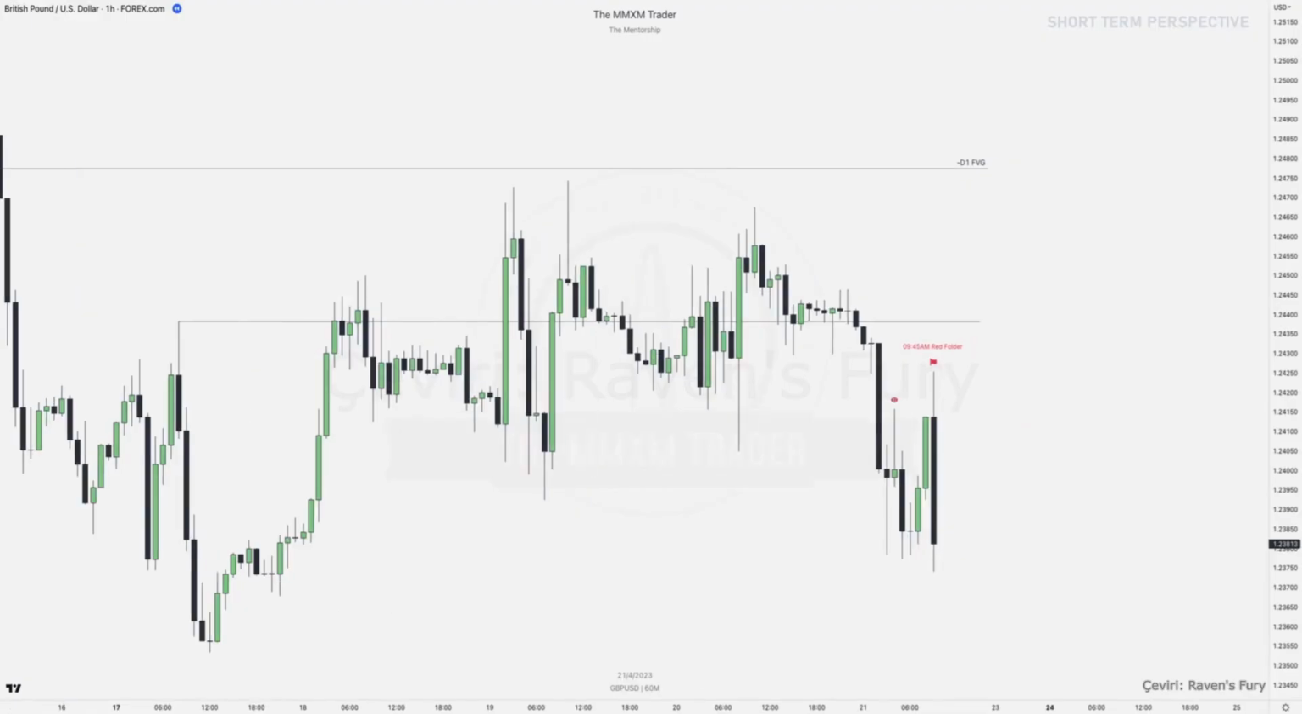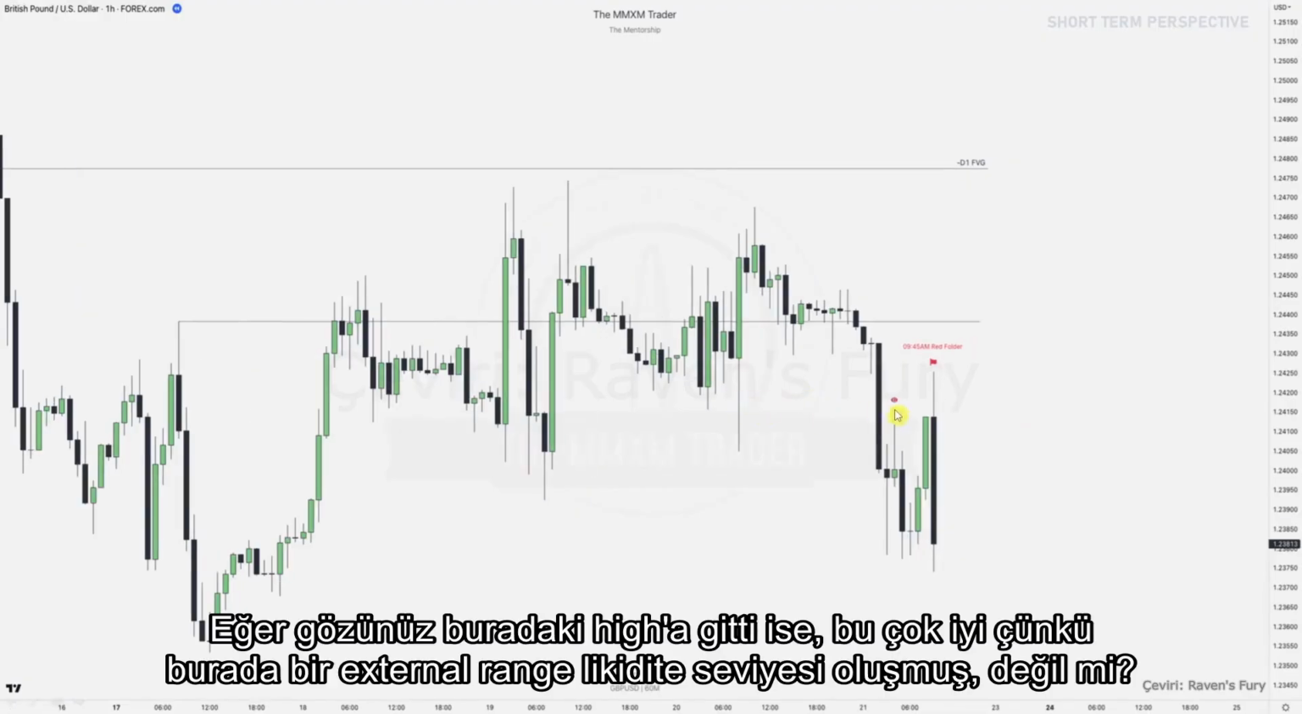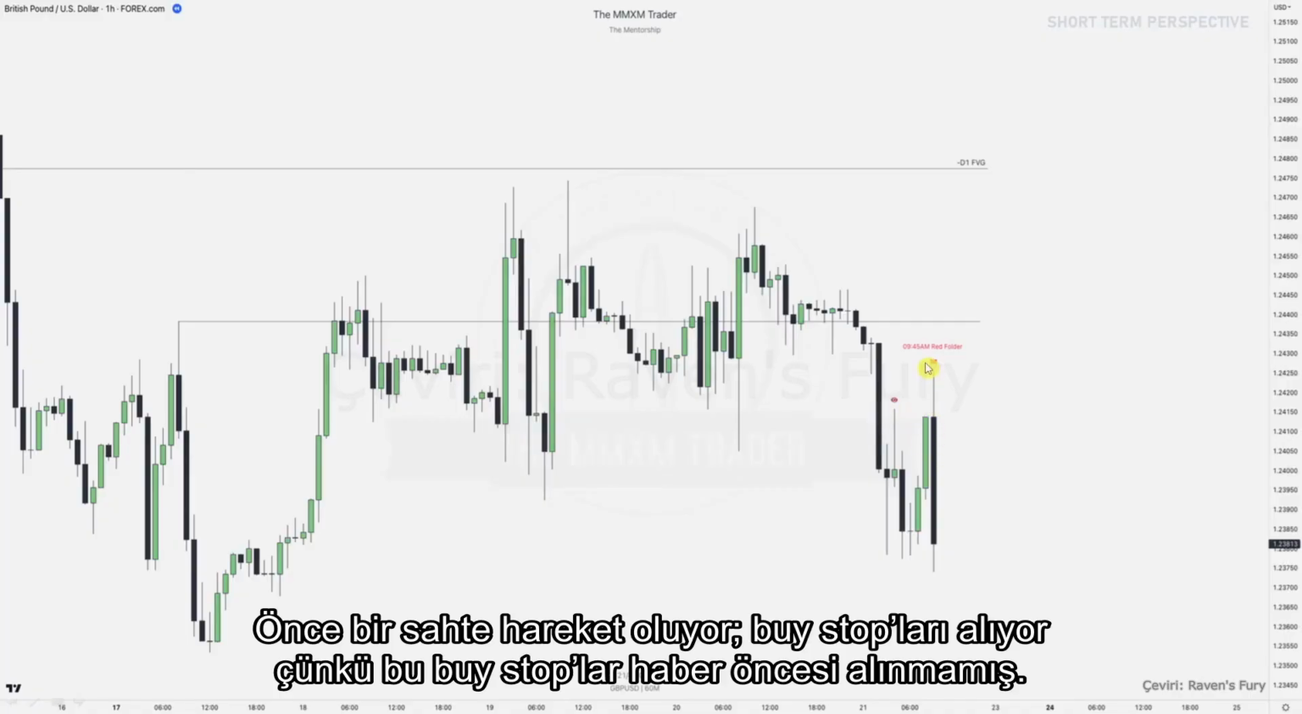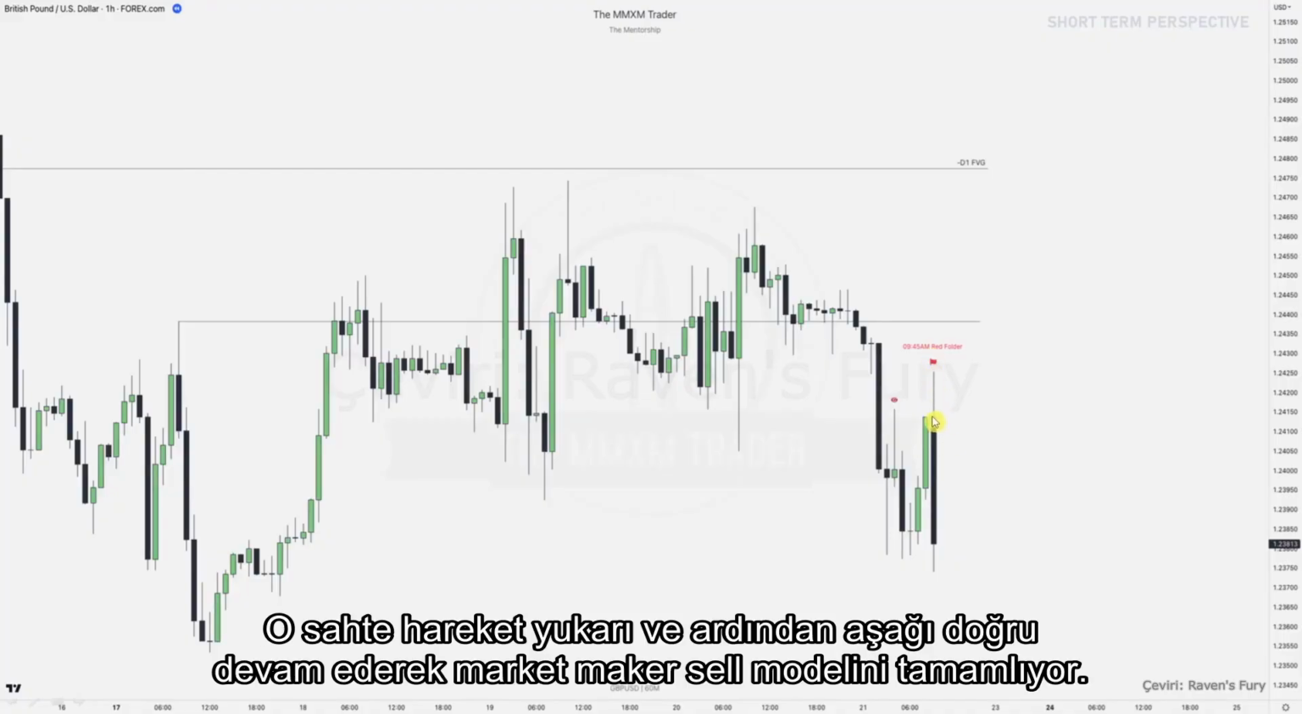stops first? So if your eye went to this high over here, that is very nice, because then we have an external range liquidity raid, right? So we have a fake move first, taking out those buy stops, because those buy stops have not been taken out prior to that news release. We can see that fake move up and then a continuation down lower, completing that market maker sell model eventually